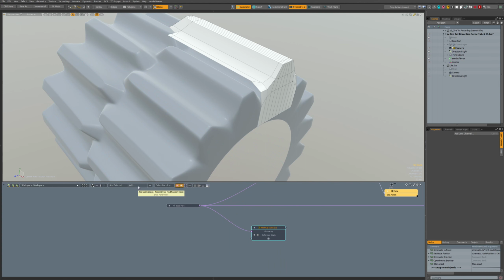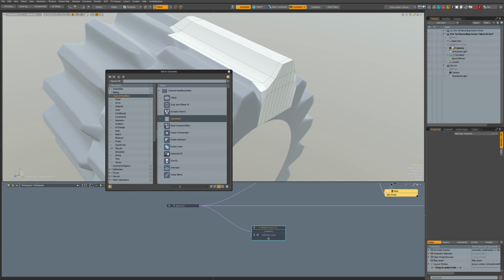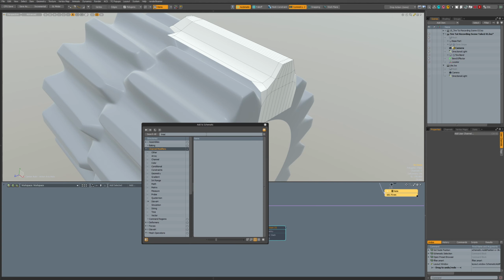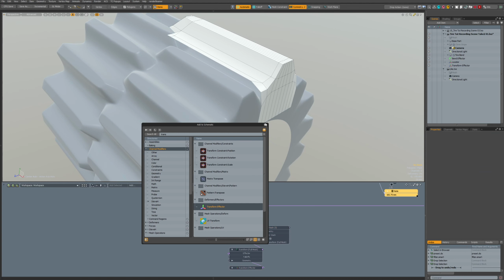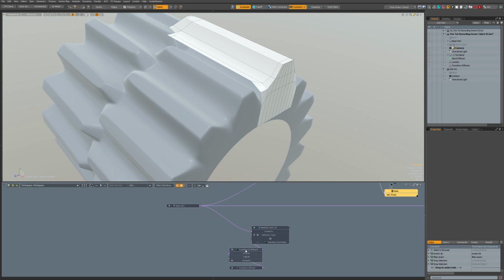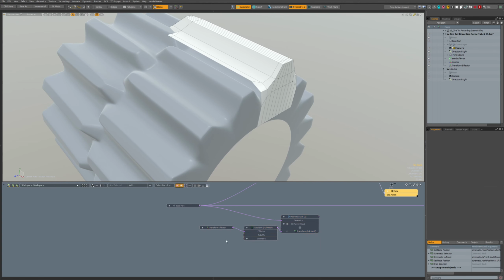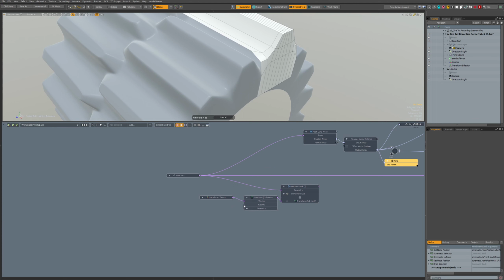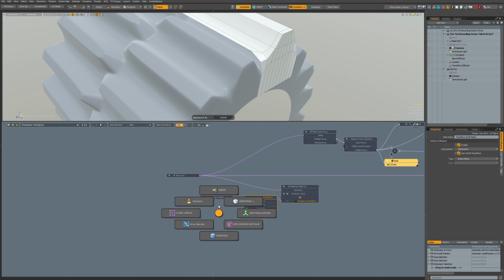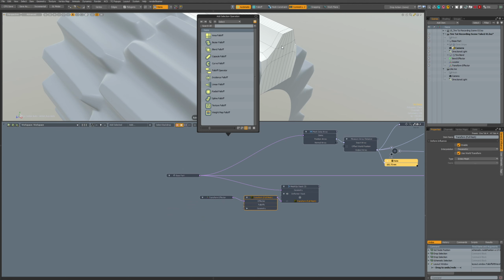You have to add the transform effector via this add to schematic menu. So let's add a transform effector, and for this we add a fall off, linear fall off, and we find it.